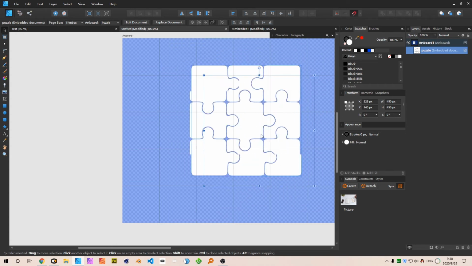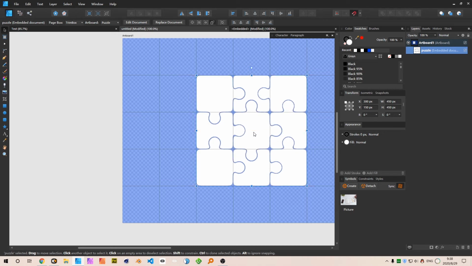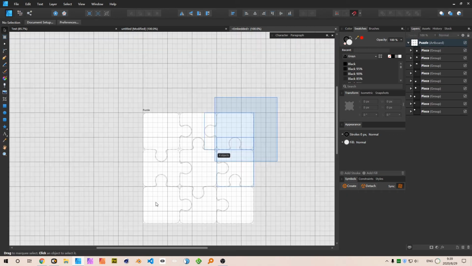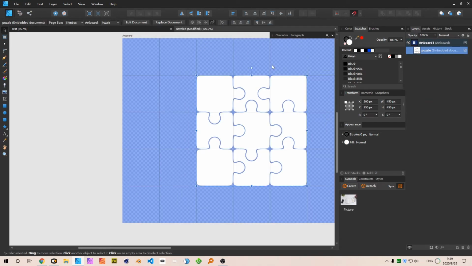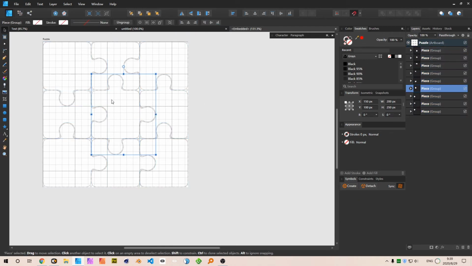I think that will be the problem. But maybe we can double click into it and flatten every single piece if we want. But let's keep it for now. And I want to change